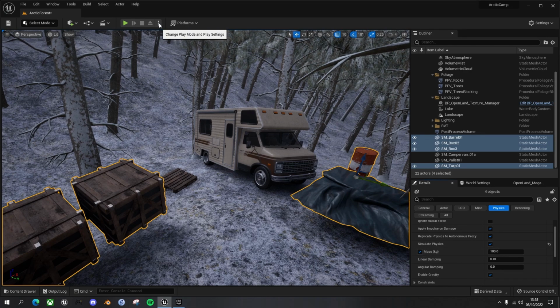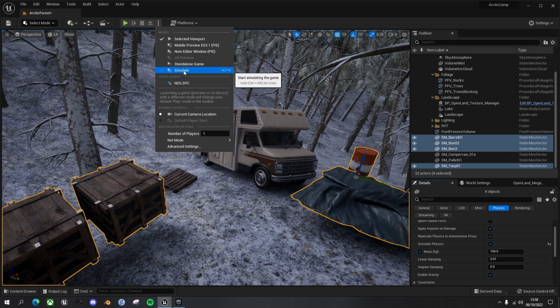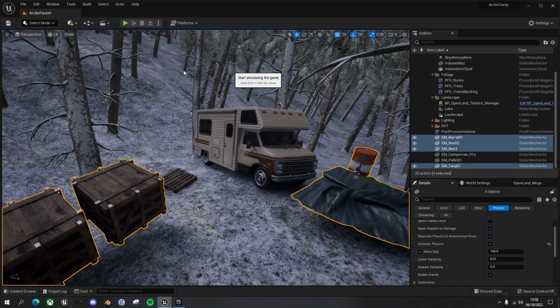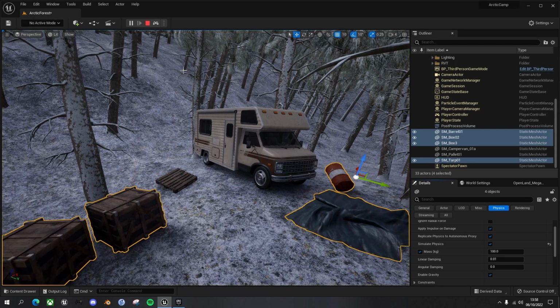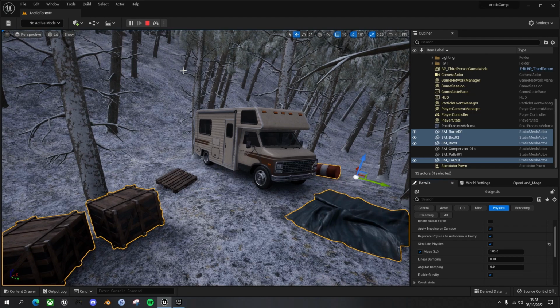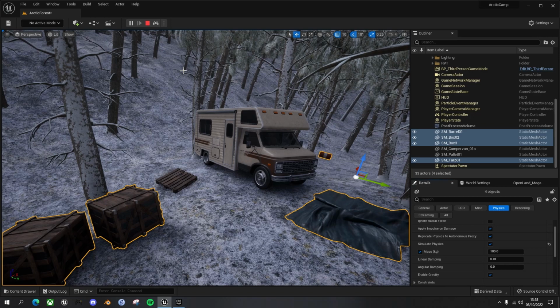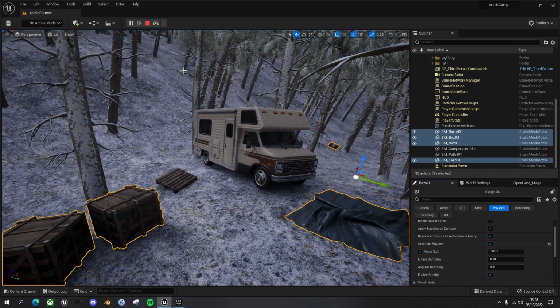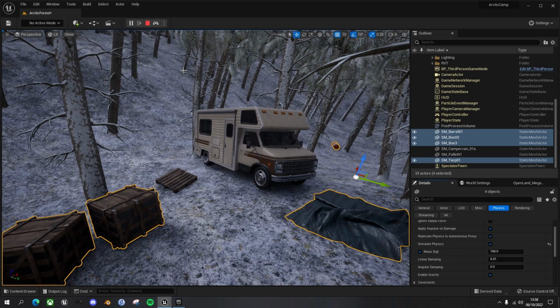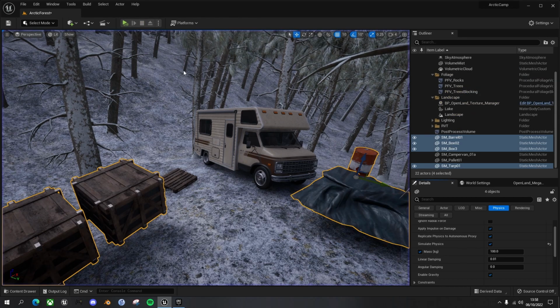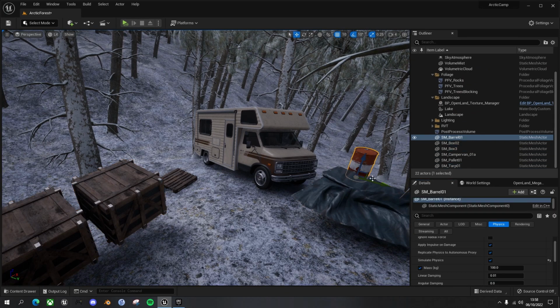And as before, we will go into simulate. And it drops down. Our cans are rolling off down the hill, but that's fine. I'll leave that in the distance. And again, if you're not happy with it, you can press Escape. In fact, let's try that. Do Escape and everything gets reset. So let's take that oil can